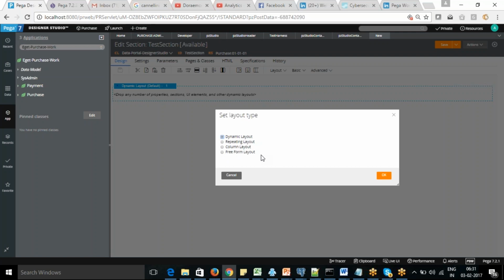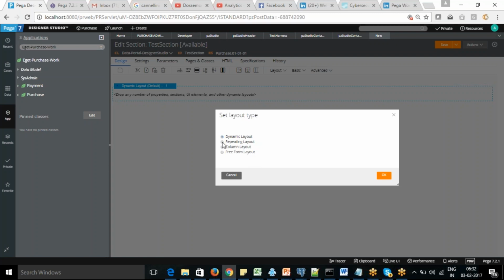The freeform layout is not responsive in nature, so as a Pega best practice, don't use the freeform layout. If you want to customize some very specific screen, or merge many things within it, then we go for the freeform layout. There you are free to put many options in it, and it doesn't require any formatting. It will not be in a layout format, so if you drag a property, you need to decide the length, width, and where it should be displayed. All those things need to be captured.